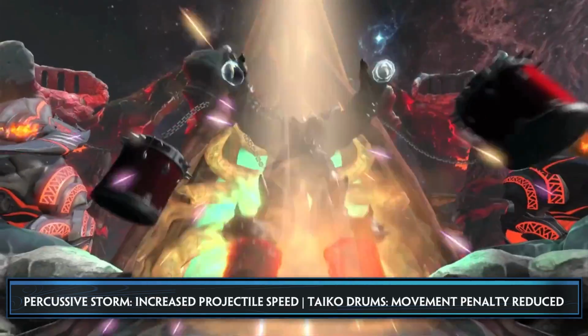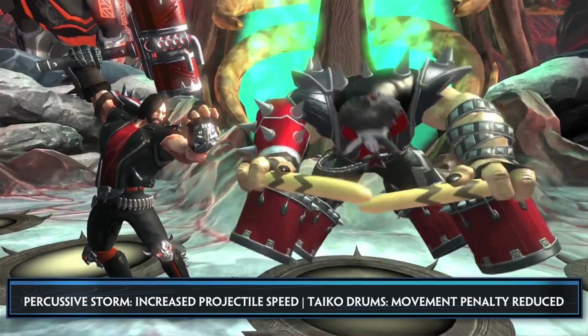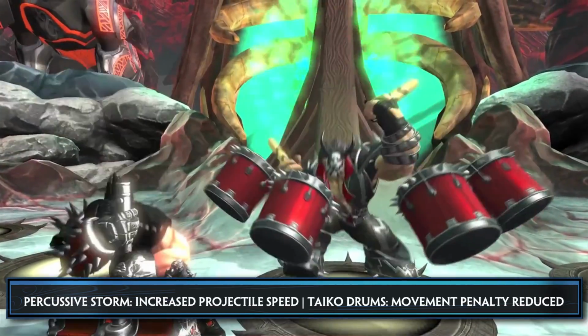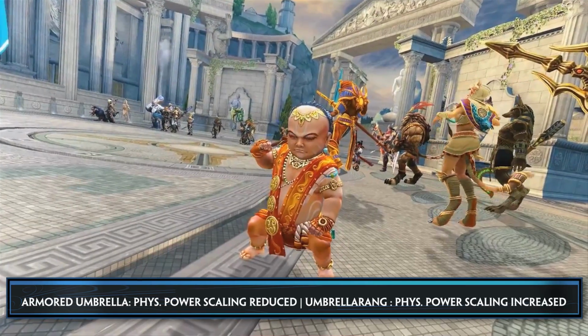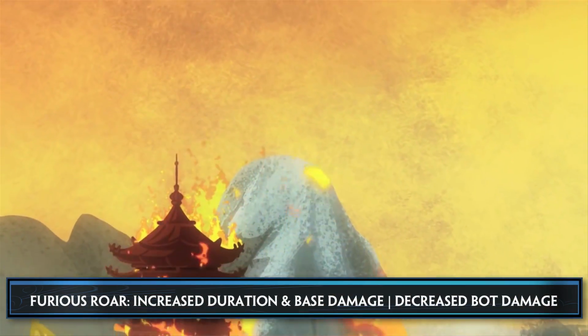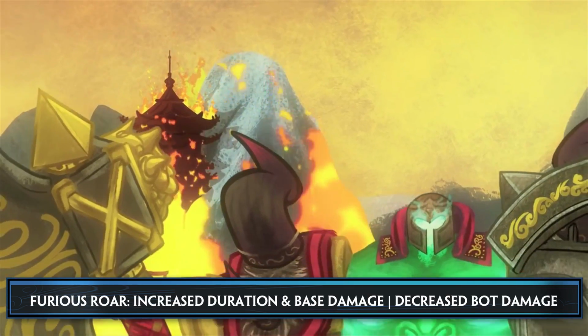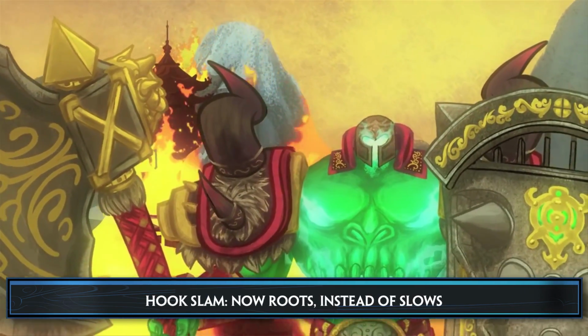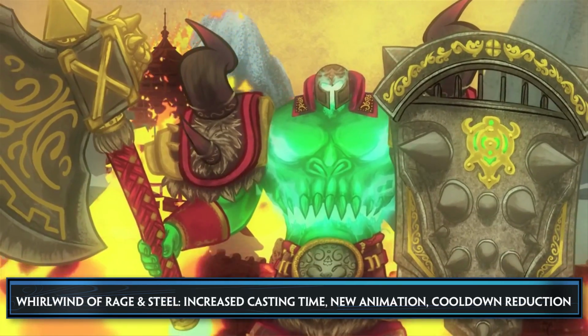His Percussive Storm sees an increased projectile speed, and for Taiko Drums, time and air is increased and the movement penalty is reduced. Vamana's Armored Umbrella's physical power scaling is reduced, while his Umbrella Rang's physical power scaling is increased. Lastly, Xingqian is seeing a few buffs this patch. His Furious Roar sees an increased duration and base damage, along with a decreased bot damage. Hook Slam now roots instead of slows, and Whirlwind of Rage and Steel gets an increased casting time, new animation,